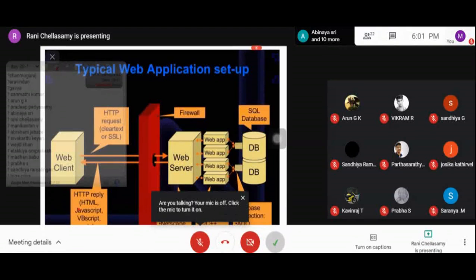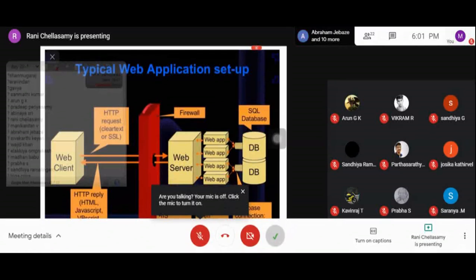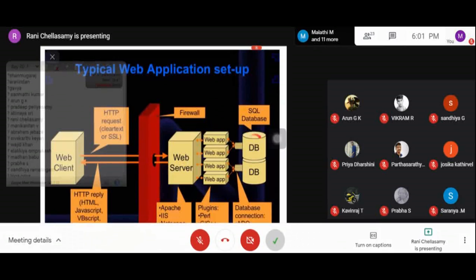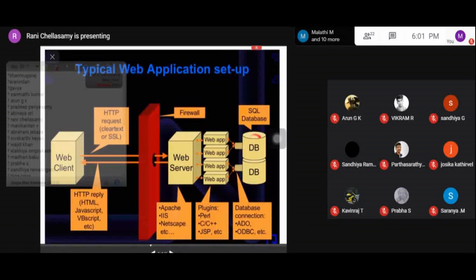Normally modern applications are written in Java or a similar language and run on a distributed application server, which is connected to multiple data sources. Some examples of web applications are email, that is web mail, online shopping or online retail sales, wikis, etc. So here you can see this picture. That is the web application setup.